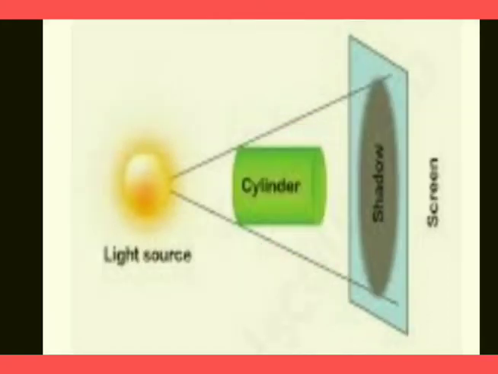But if you hold the same cylinder in this way, such that the circular part faces this direction and light falls on the circular part of the cylinder, then the cylinder blocks the light. This portion will remain dark, and that is how a circular shadow will be formed.